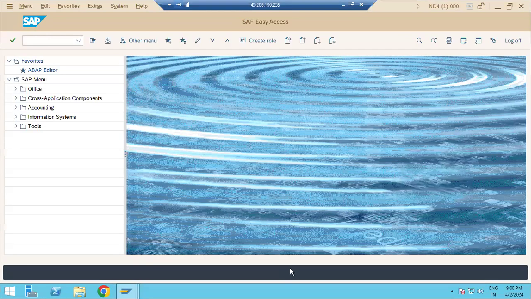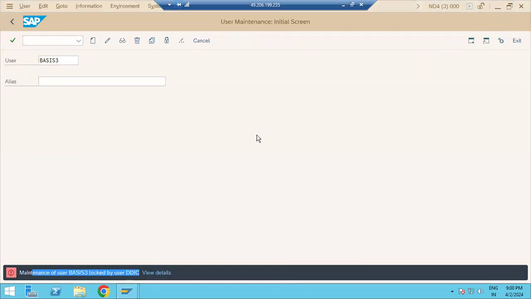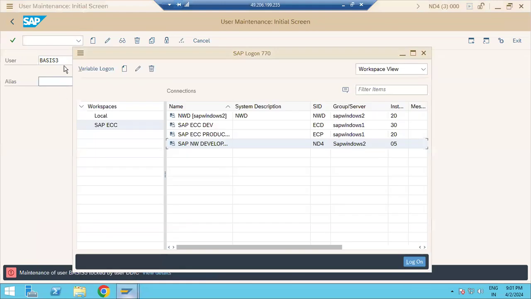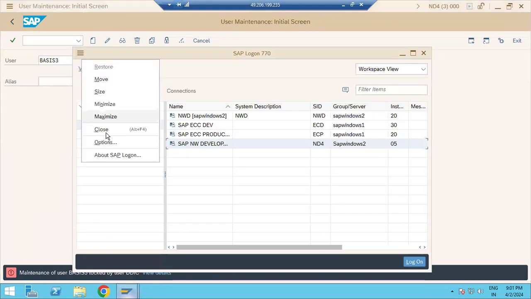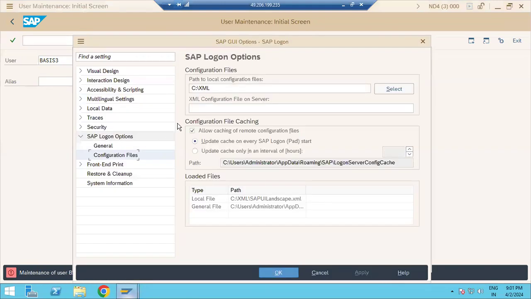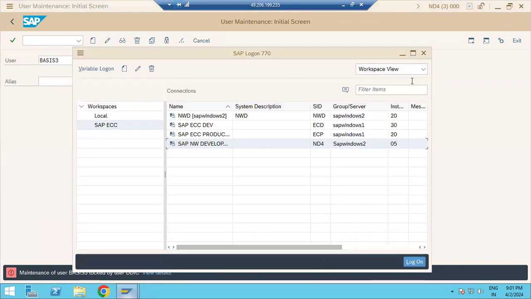Also, what you need to do: in your logon pad, just configure the entry here. Go to options here, and add the XML file. You can map the XML file here. Sometimes I see people saying that, so there are maybe